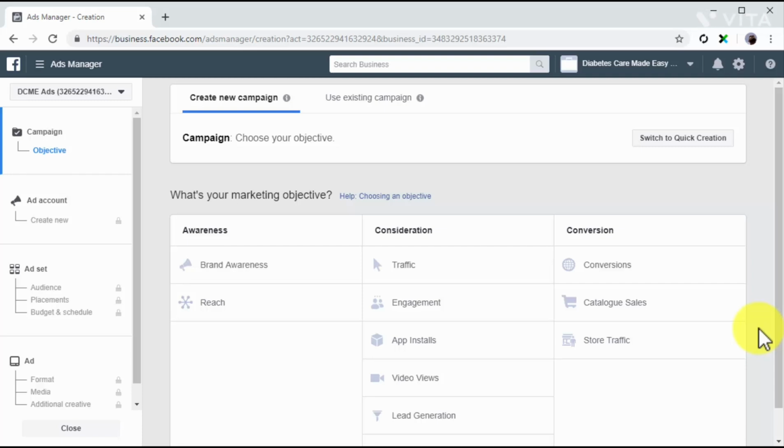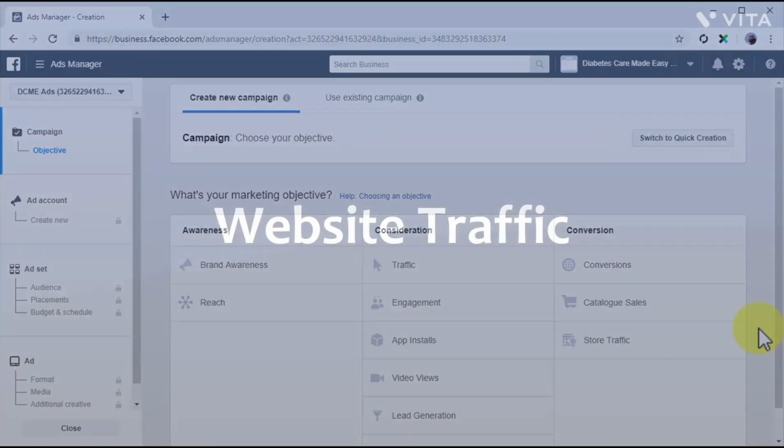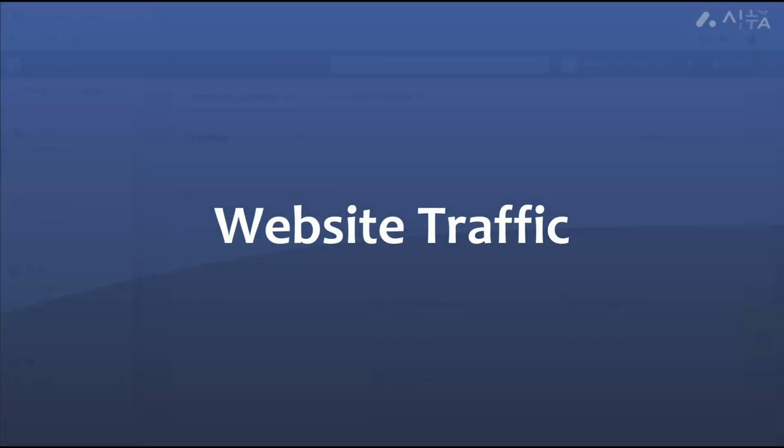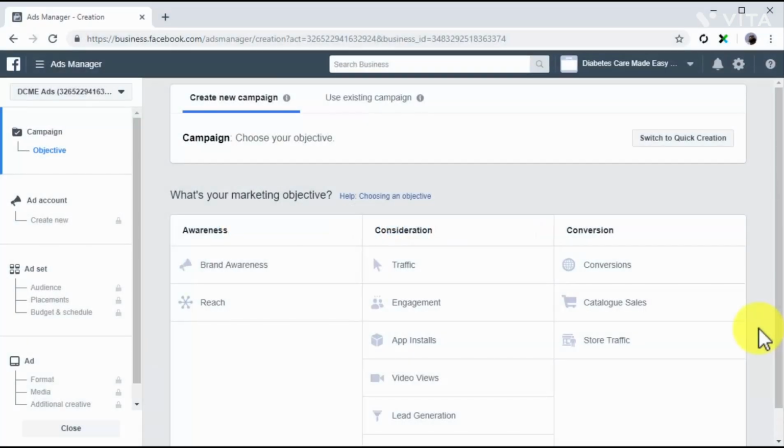You have to create all your remarketing campaigns on the campaign creation page in the Ads Manager. Ready to get started? Website traffic. All right. Let's start off by creating a remarketing campaign to target website visitors. When selecting a marketing objective to retarget website visitors, it is important that you consider what actions you want them